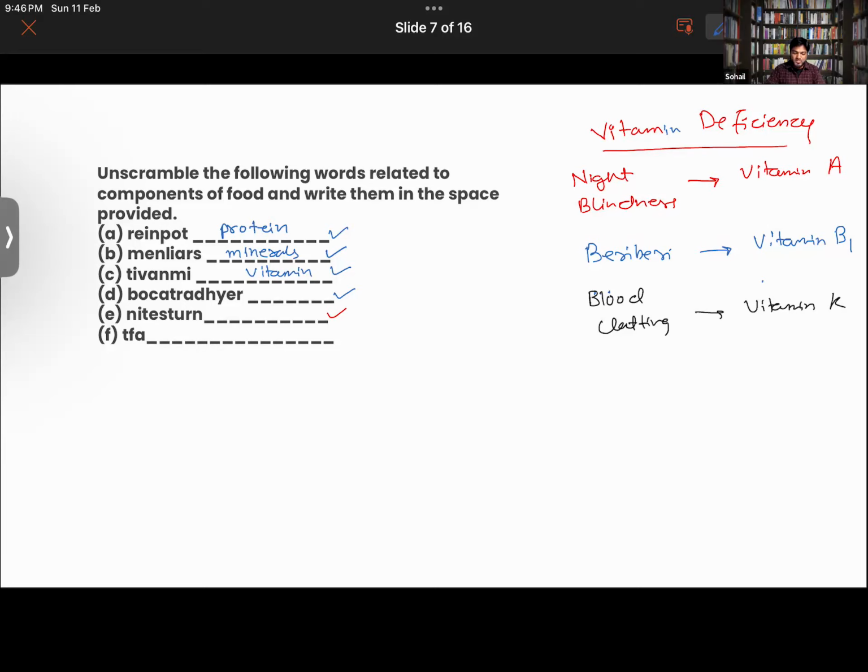So every vitamin has got some role to play. Similarly, vitamin C is also very important. It is important for the growth of cartilages, for the health of blood vessels. So it also has some role to play in our body. Anyways, moving further,